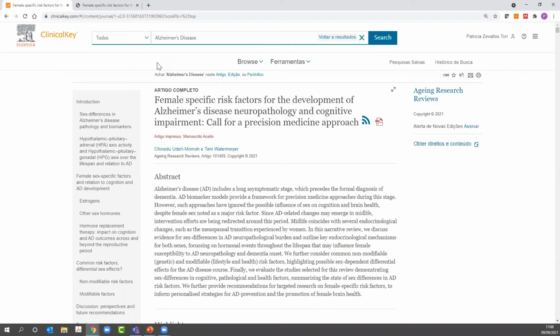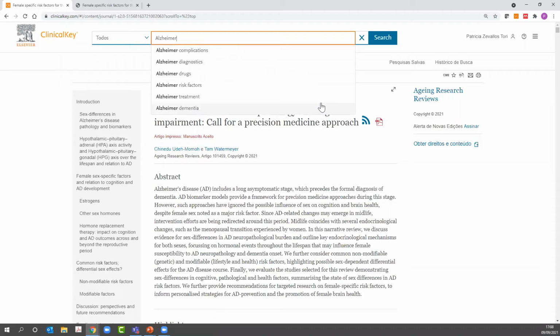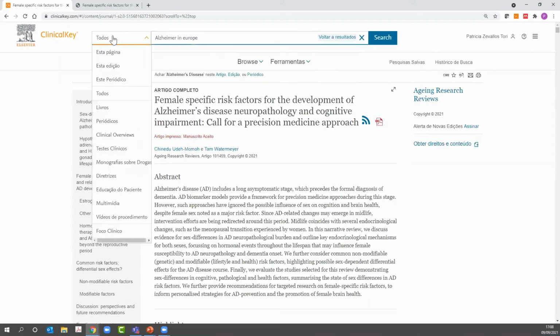Let's say that you are doing a clinical session related to Alzheimer's in your hospital. But before beginning, let's pretend that you need information on Alzheimer's, not only in your hospital. You want to know what is going on right now with Alzheimer's in Europe. So let's do this search about Alzheimer's in Europe, and we are going to see, for example,